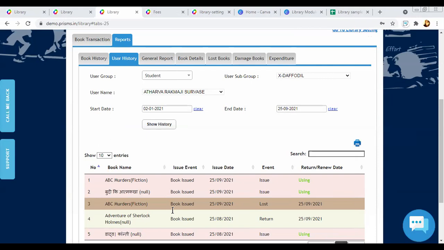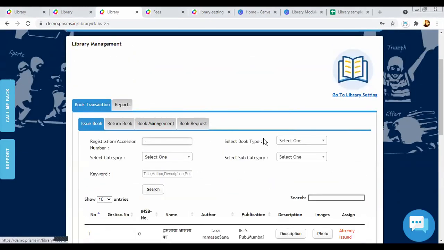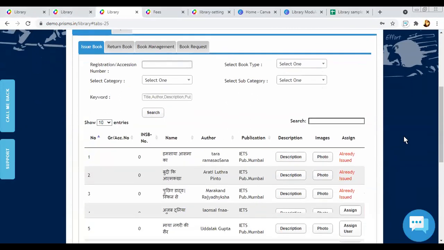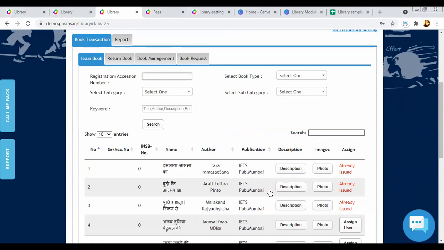Yeah, so any query from anyone? Any query or any suggestions? Any things you would like to add into this? Or overall, how did you find this library module?